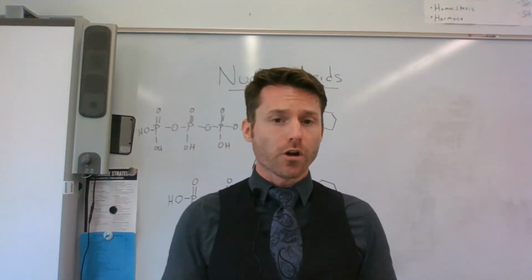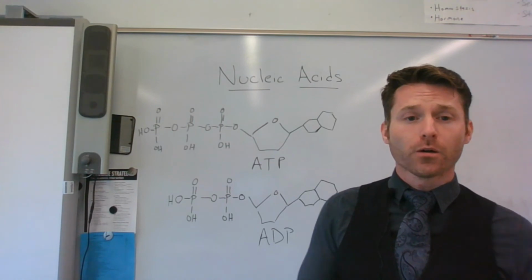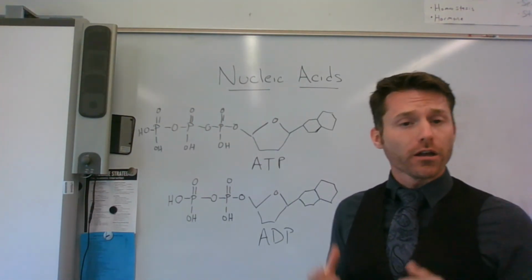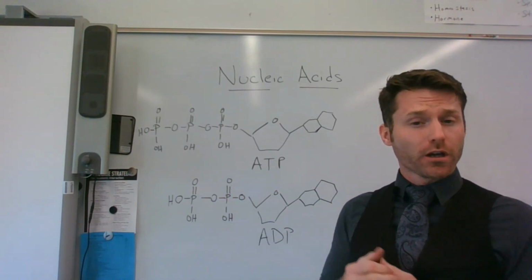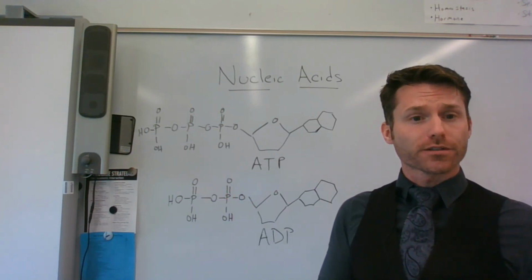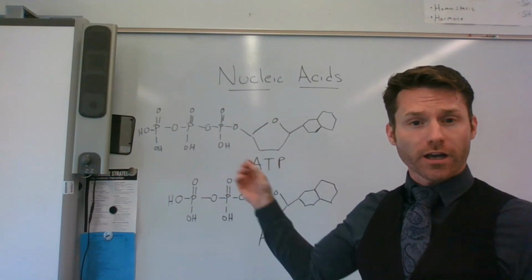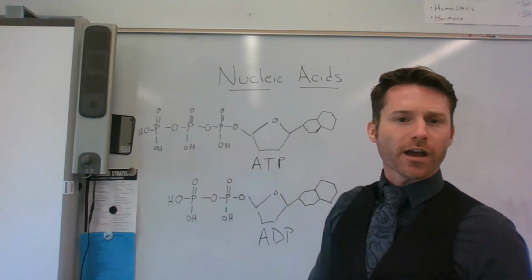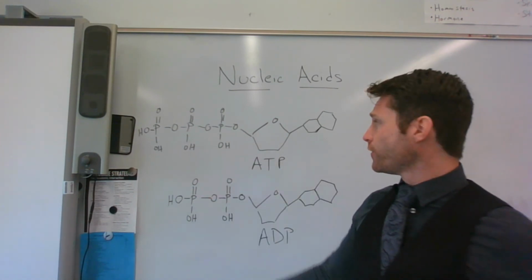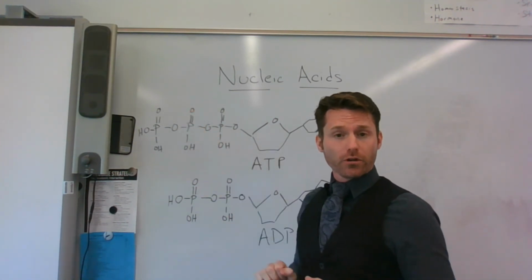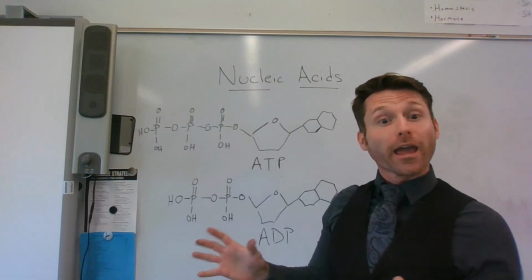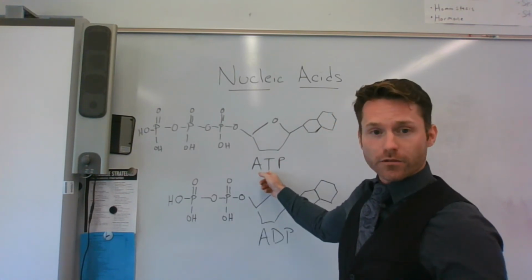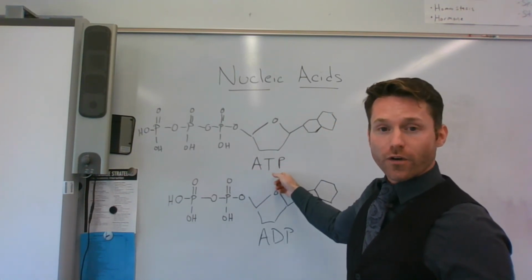So, just a quick look at ATP, which is a nucleic acid. It's different than DNA and RNA in that it just exists as a single nucleotide, right? So it's only this one nucleotide with a slight variation in the way that its phosphate groups are attached. So rather than having a single phosphate group, like our typical nucleotides, ATP actually has 3 phosphate groups, hence the T, adenosine triphosphate.